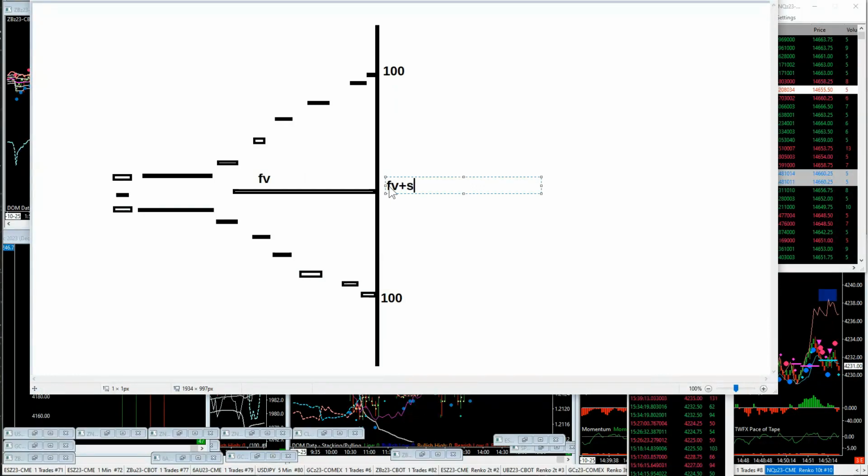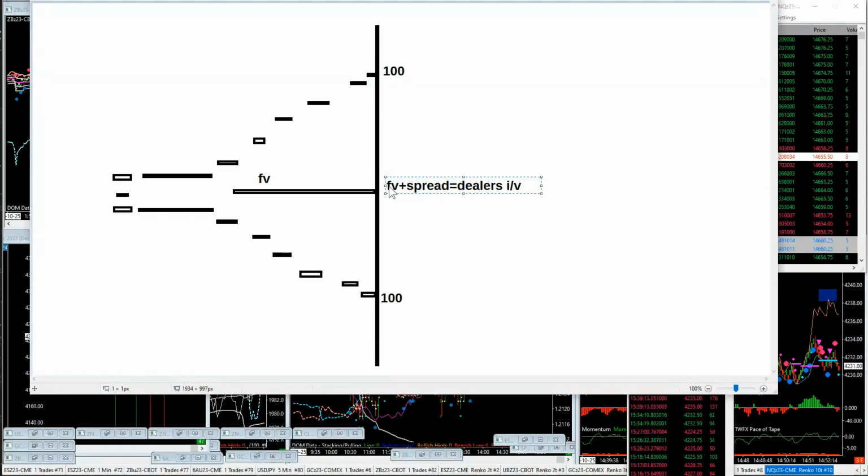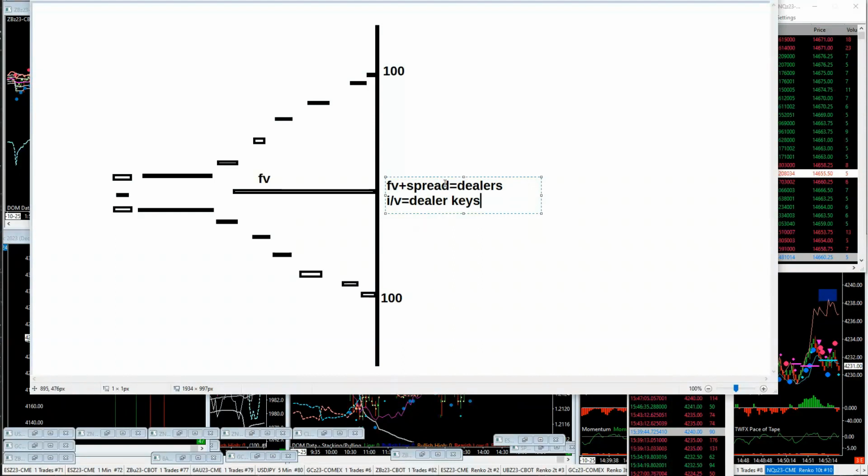plus the spread is calculated from what? The volatility. So we get this idea of the dealer's implied volatilities, don't we? And that's when we get the dealer keys. So we get the dealer's implied volatility when we look at these real liquidity levels. And that comes from the idea of what the volatility is coming out in that data release, because it's like an earnings report.